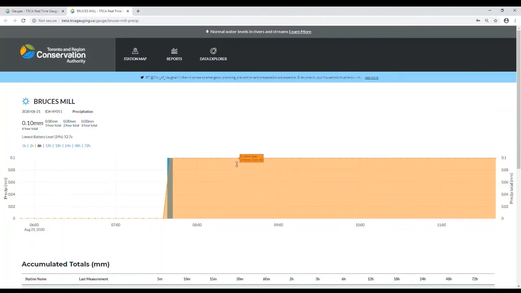This chart also features a hover label, similar to the other gauge page charts, where data point values are displayed on a label as a pop-up. Only in this case, the label is showing the accumulated or total rainfall amount on the top part of the label, and then the discrete 5-minute rainfall total on the bottom of the label, as well as the time. A time interval toggle for the chart is also available from 1 hour to 72 hours.